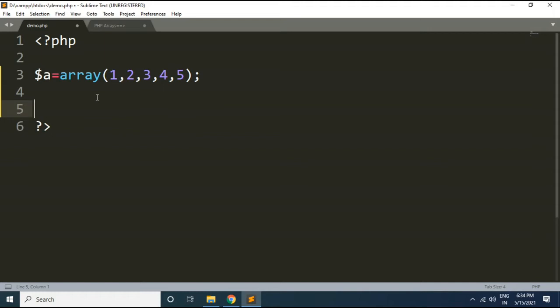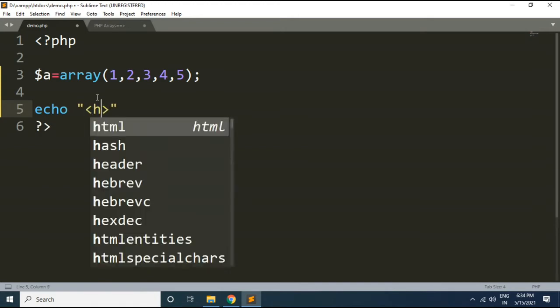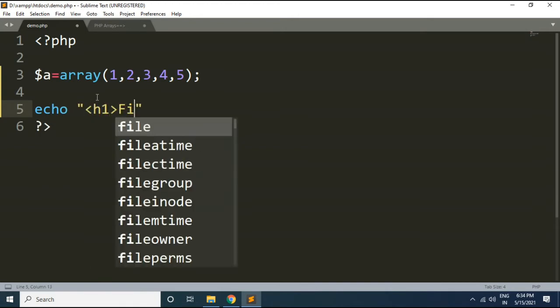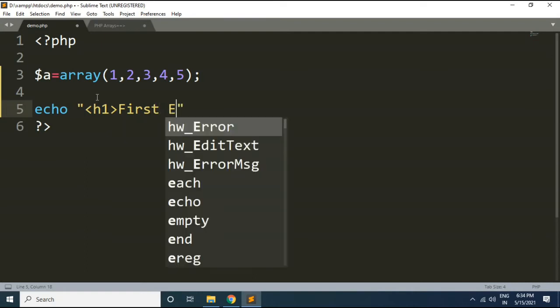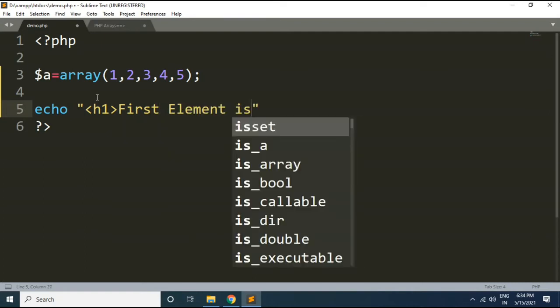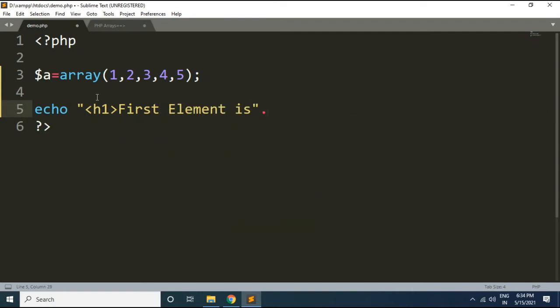Now how will I access this array element? Just refer to the index value. So suppose I want to print the first element, so here I will write echo in h1, I will write first element is, and I will write $a, that is our array name, and in square brackets refer the index value of the element which you want to access.